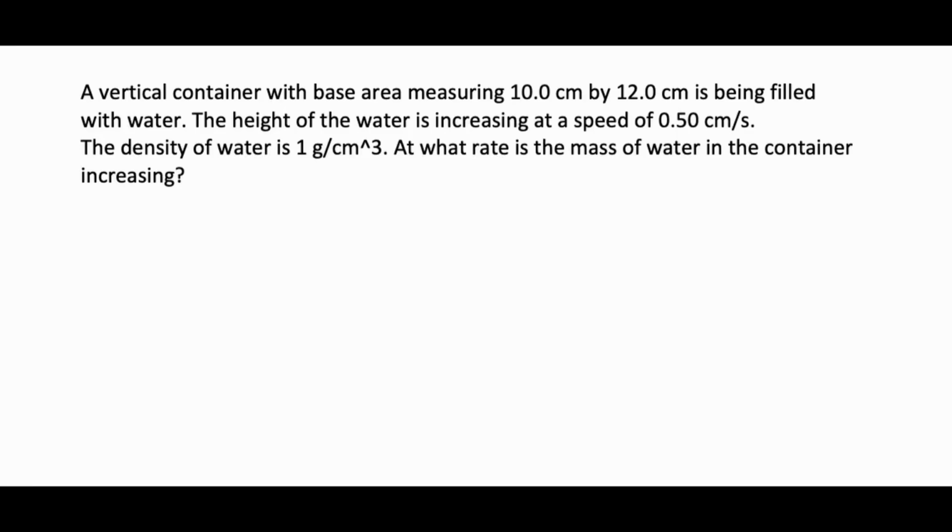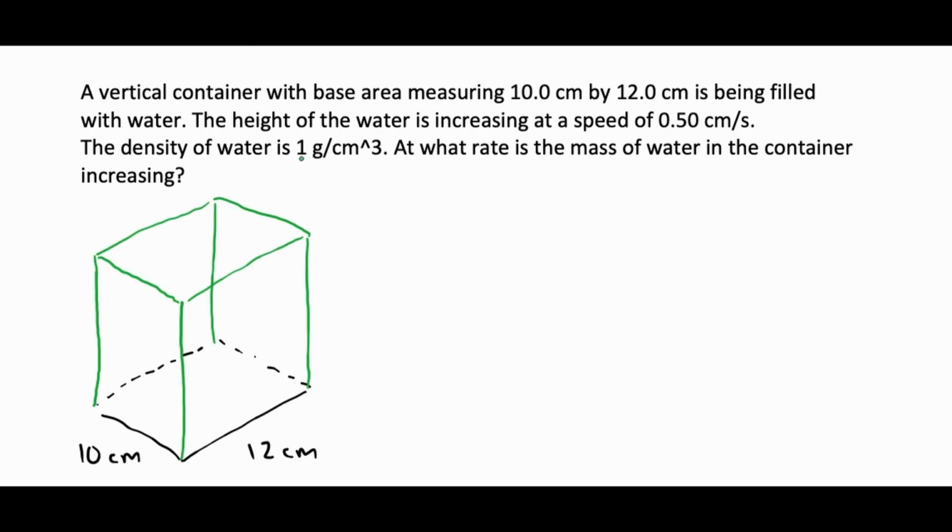A vertical container has a base area measuring 10 centimeters by 12 centimeters. That's the base of the container. Now it's being filled with water, and the height of the water is increasing at a speed of 0.5 centimeters